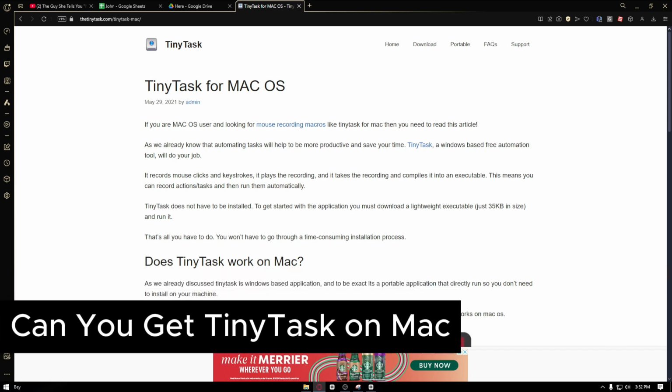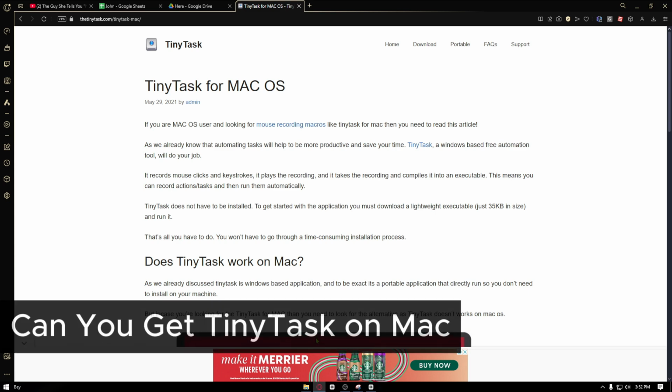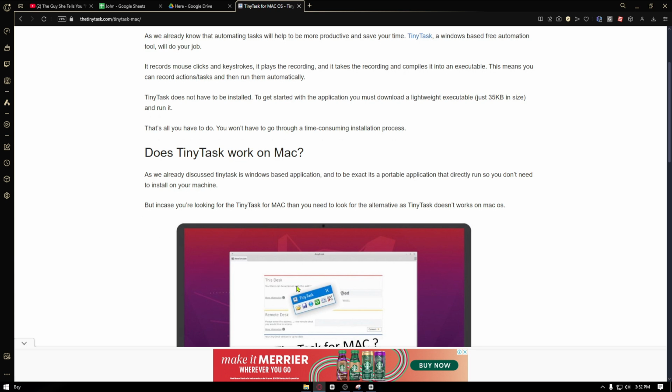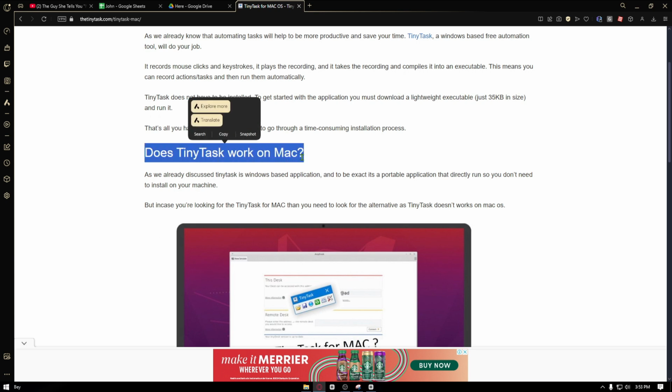Can you get TinyTask on Mac OS? Now, if you're really wanting to download or get TinyTask on your Mac operating system, I have an explanation for you. Inside is the official forums of TinyTask for Mac. If we go ahead and browse down right here, we can see the question: does TinyTask work on